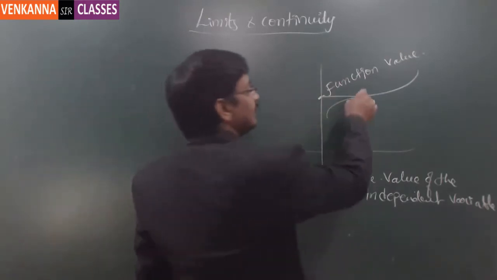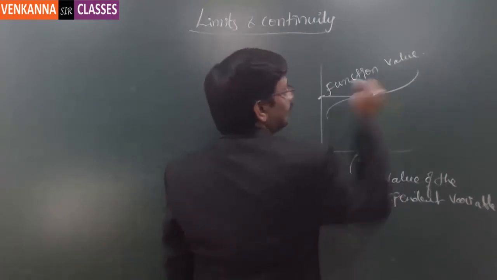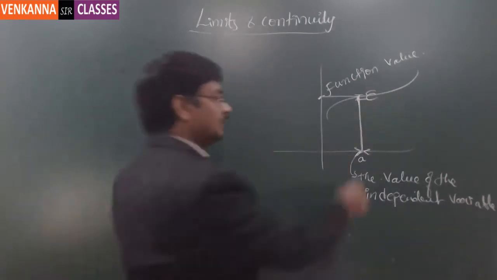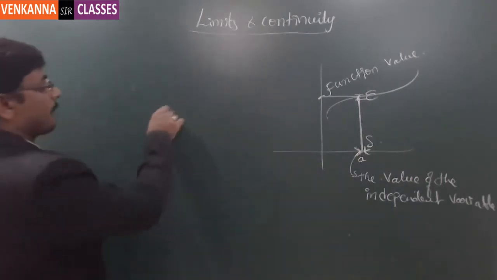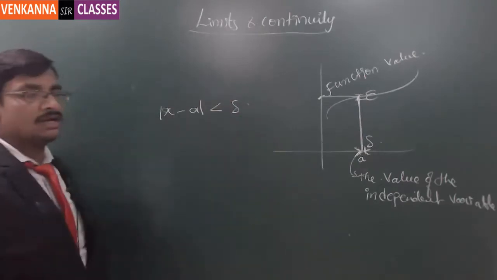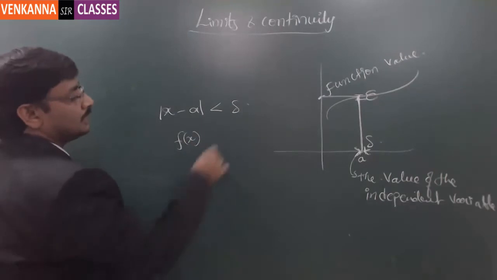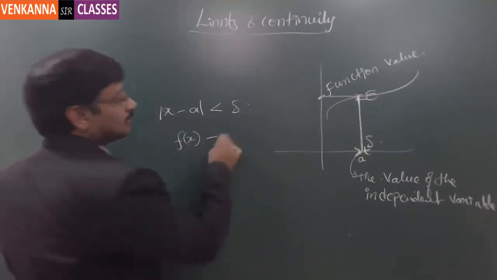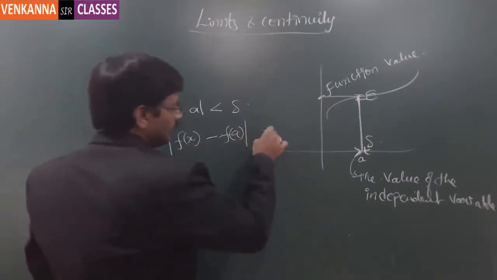Now, let us say this is within a specific limit of epsilon, and this is within a specific limit of delta. Then if x minus a is within a limit of delta, then f of x minus f of a is within the specified limit of epsilon,